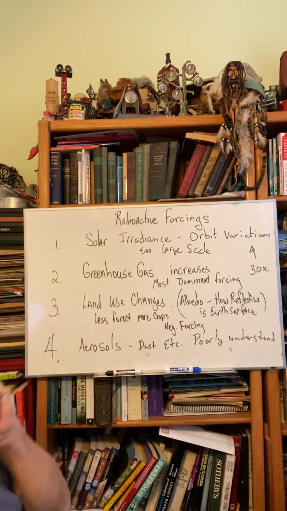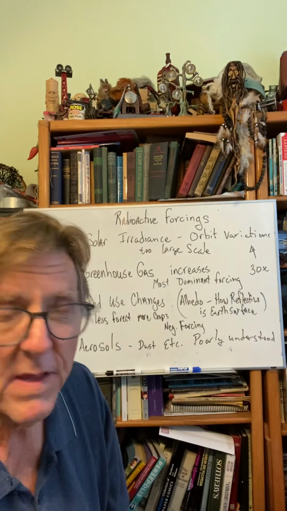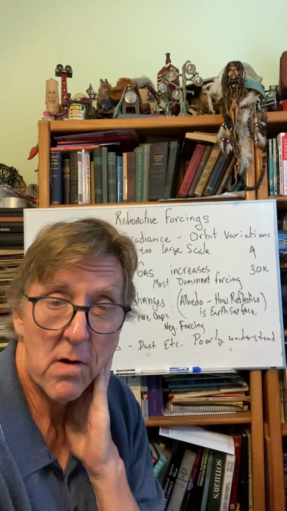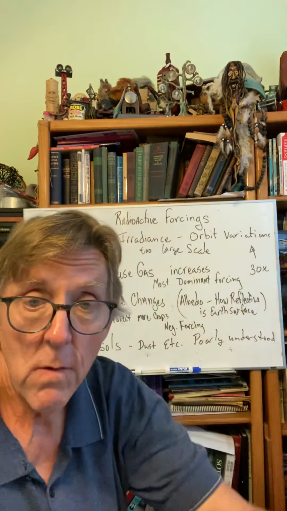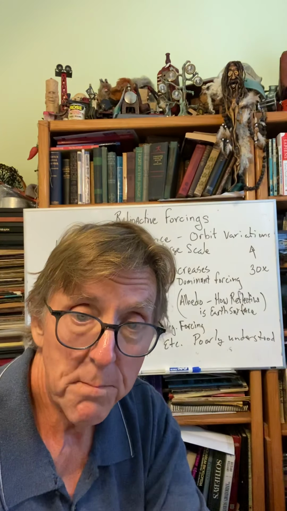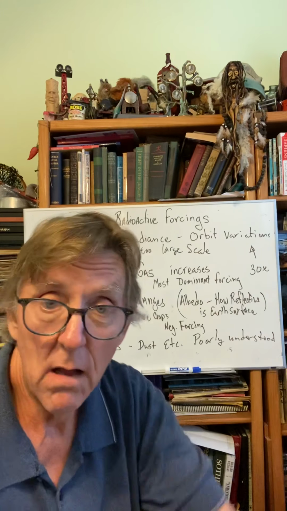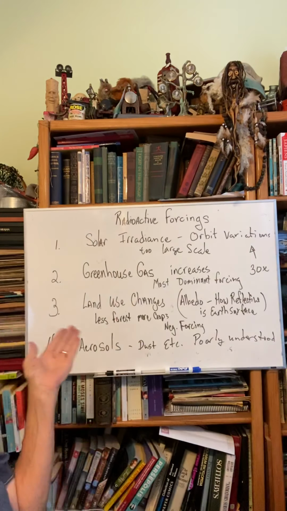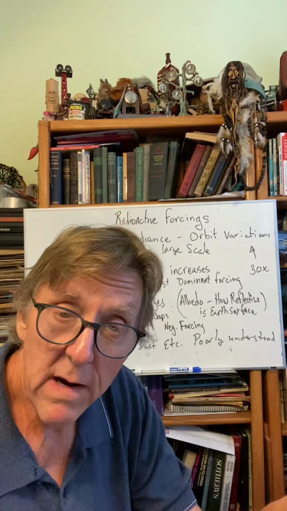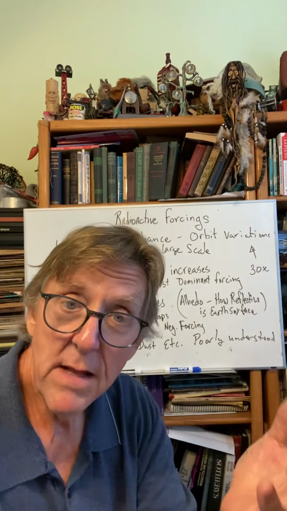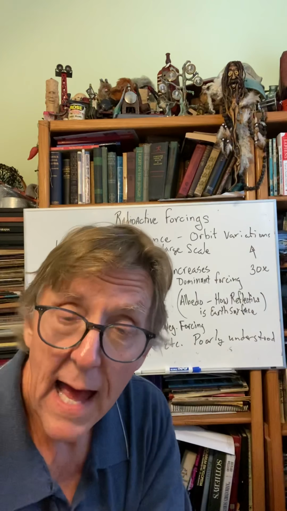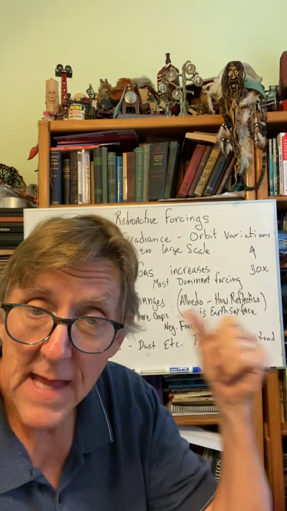There's another question. It's called land use changes, and there's something called albedo. Albedo is how reflective the Earth's surface is. We said you have infrared radiation coming down and hitting the ground. If the ground is black, it'll be absorbed, and if it's light colored, it can be reflected. It turns out that albedo is increasing, which means the land is more reflective, so the land is absorbing less infrared radiation than before.